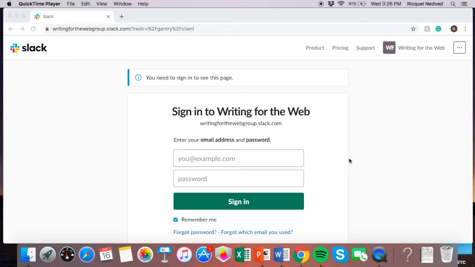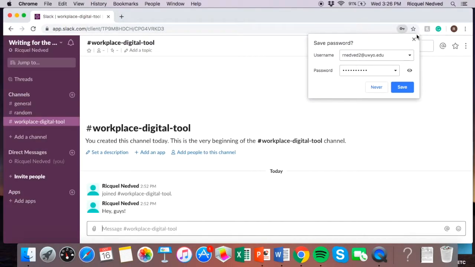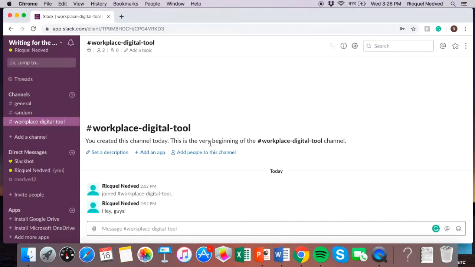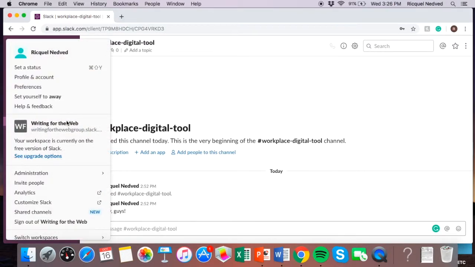Alright, so the digital tool I am going to talk about today is called Slack. It is a chat platform that is utilized by businesses. Alright, so this is what the home page looks like. I made a workspace called Writing for the Web,